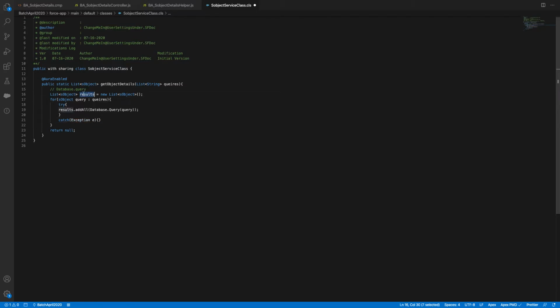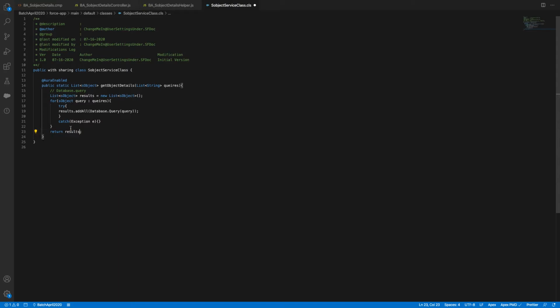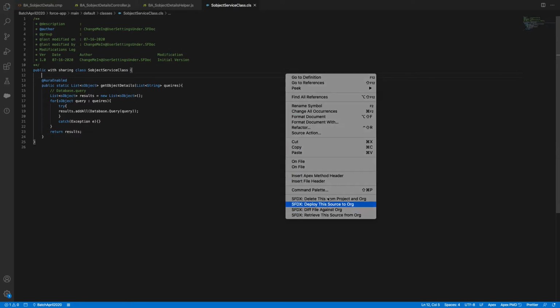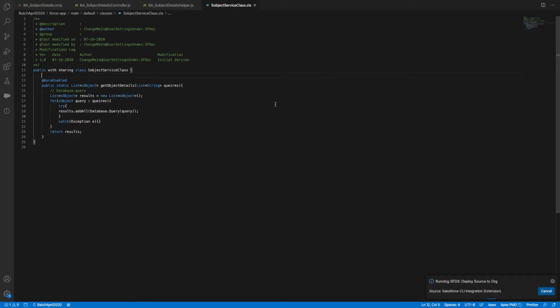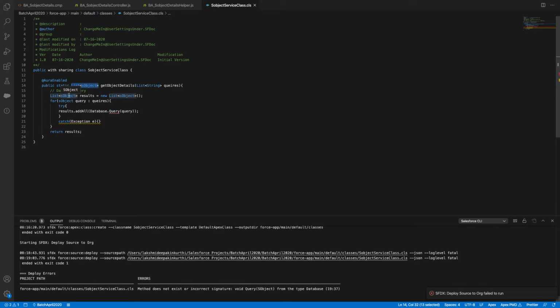So now I'll be returning, yep, this is my query. So I'll be getting my list of S objects if I pass my list of queries. S object is a generic data type which will accept each and every data type. Method does not exist. Oh, it should be string. Perfect.